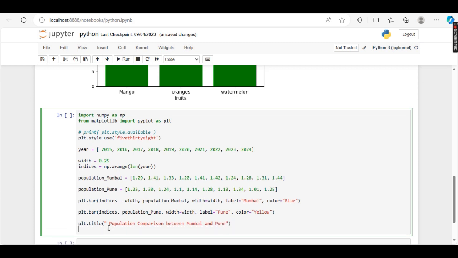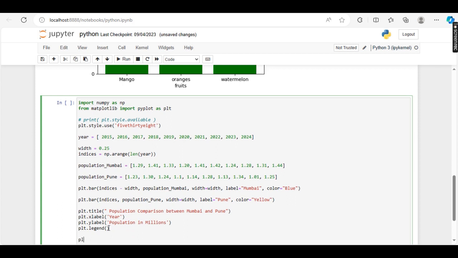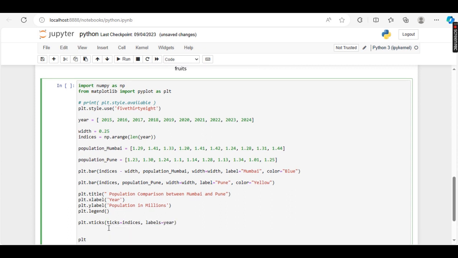Then define the x label as 'Year', then plt.ylabel as 'Population in millions', then plt.legend, then plt.xticks(ticks=indices, labels=year). We are adding a title, x and y axis labels, the legend, and customizing the x-axis ticks to display the years.